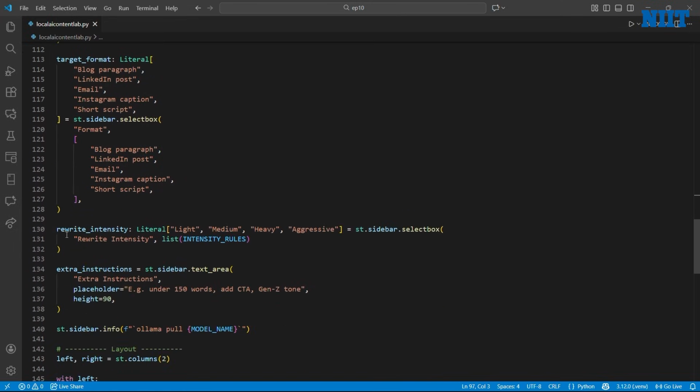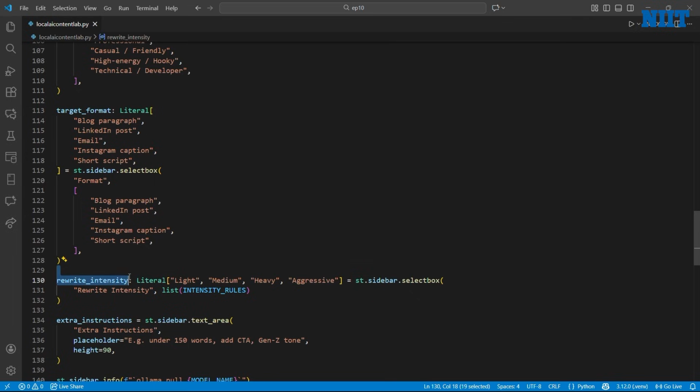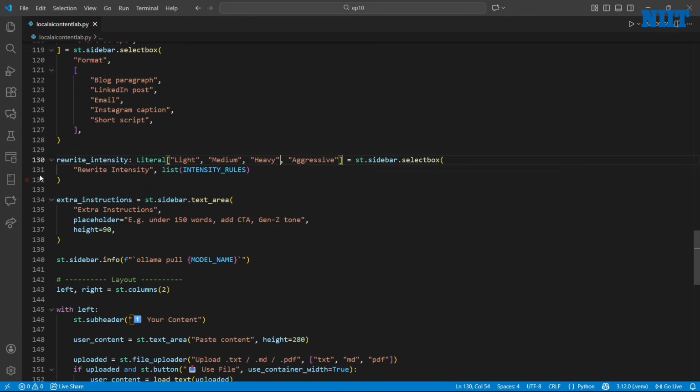Tone, target format, and rewrite intensity are all dropdowns. The rewrite intensity dropdown directly controls which LangChain chain is executed. There's also a text area called extra_instructions, which lets the user add constraints without changing the core prompt logic.